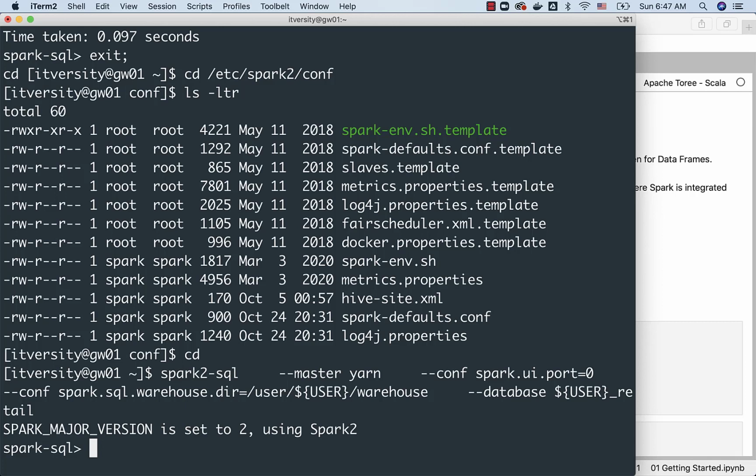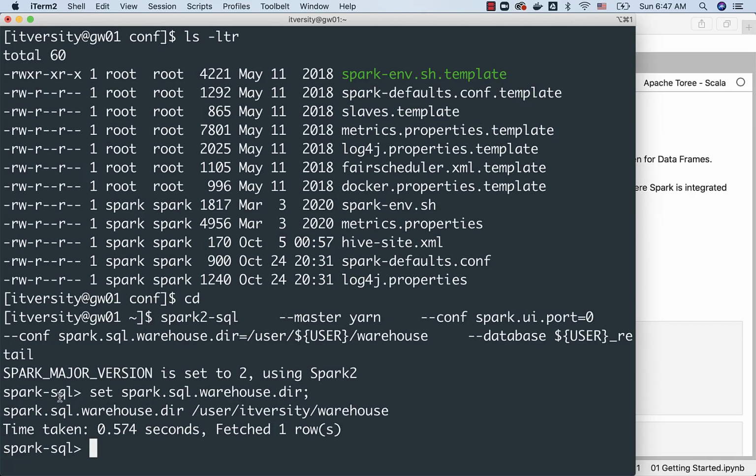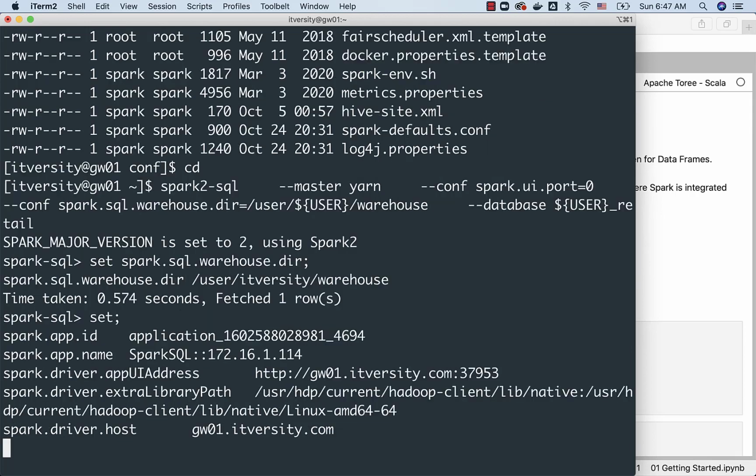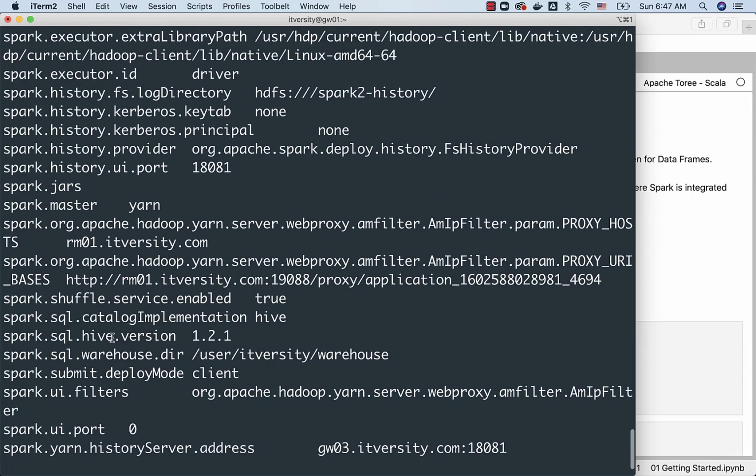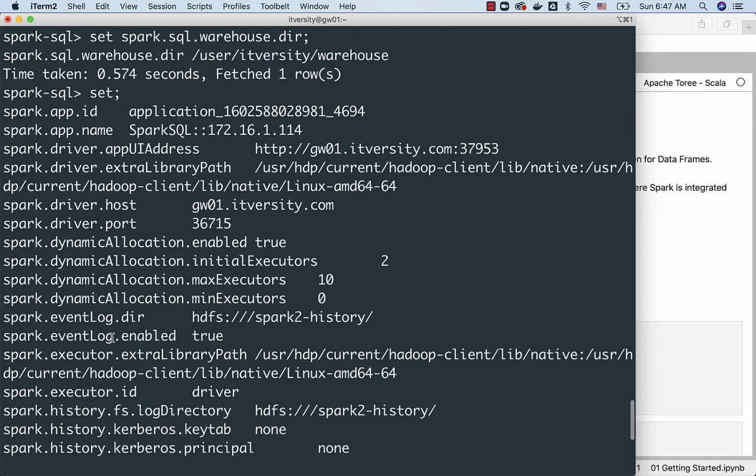So first let us understand how to access runtime properties using the CLI. Then I will actually walk you through briefly using Ambari as well. In this case, we are setting this runtime property called spark.sql.warehouse.dir when we start spark2-sql. If you want to see the value of it, you can copy this and say set and run it, and you should be able to see the details. You can also get all the runtime properties by just saying set, and you should be able to see whatever runtime properties are overwritten while launching Spark SQL.